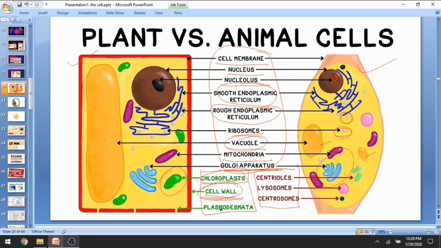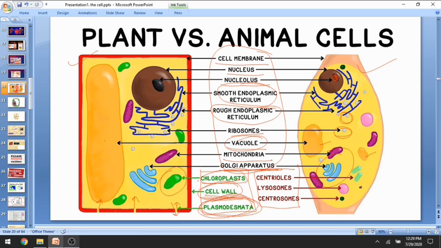Another thing is plasmodesmata. Plasmodesmata are within the cell wall. They are hollow channels which are responsible for transport of vital food molecules into the plant cell and removing excess waste material out of the plant cell. That exchange mechanism takes place entirely within plasmodesmata.